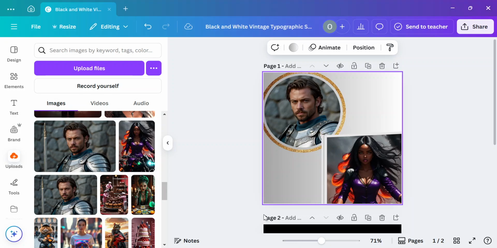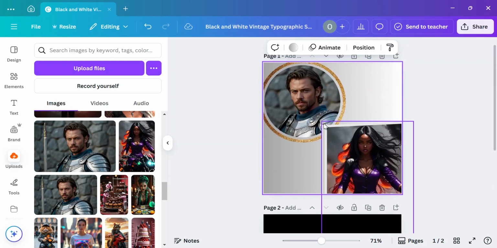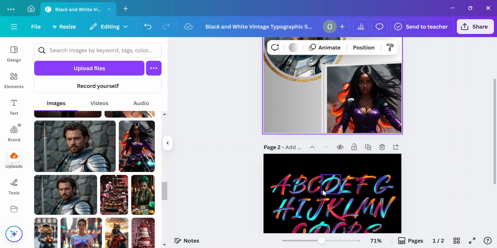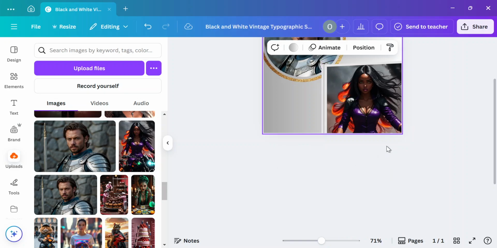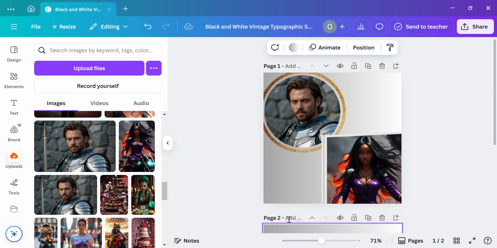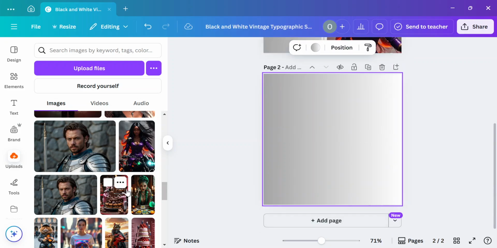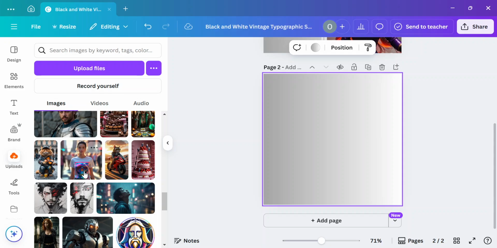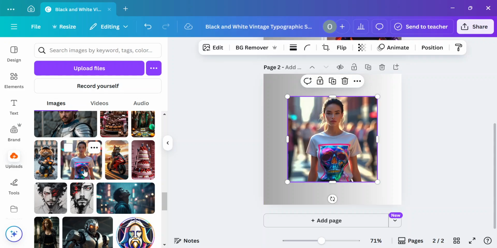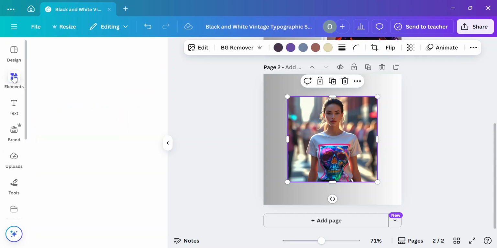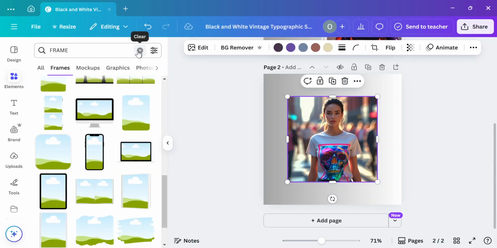a shape on Canva. So the first thing you have to do is, so if you want to do something like this, we can, let me just delete this. Okay, let me just start with a new page. You can add an image. Let's assume we want to put this particular image in a shape, let's say a circle or